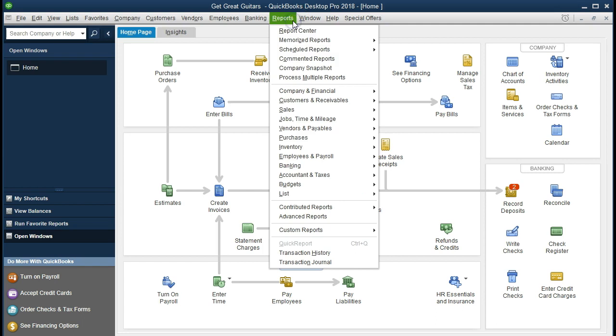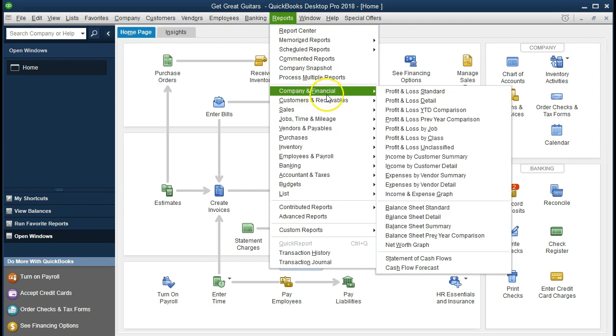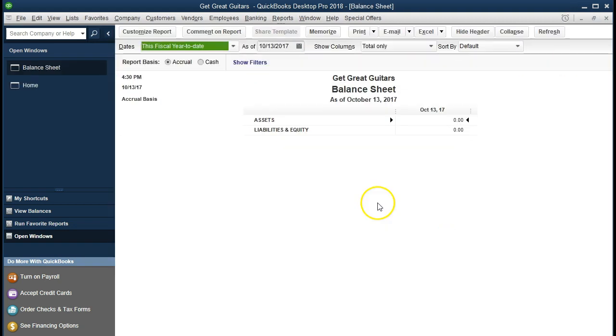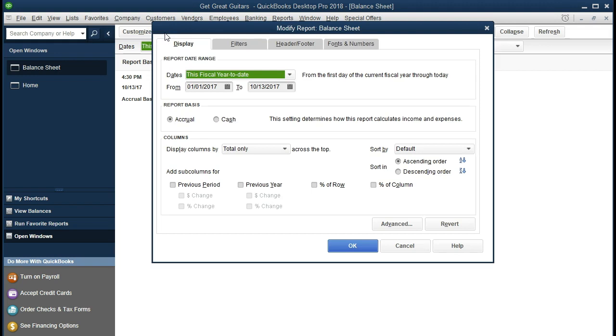So we're going to go to Reports up top. We're going to scroll down. We're going to go to Company and Financial. Then we're going to scroll down to the balance sheet. We're going to change the date range up top, so when we drill down on the data, it will have a range. So we're going to customize, and the date range is going to be